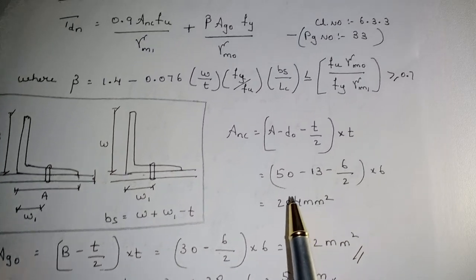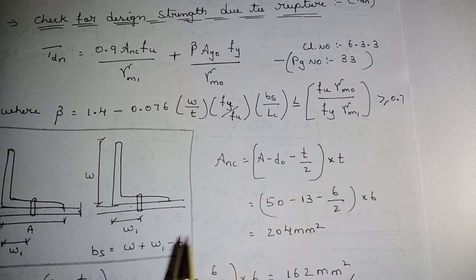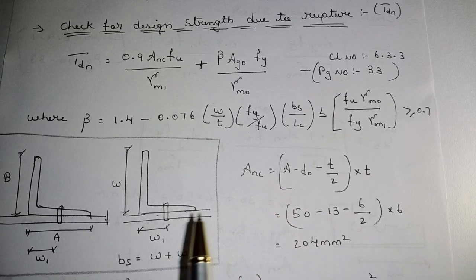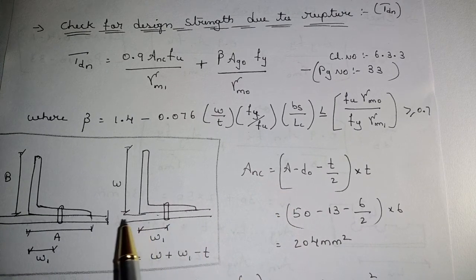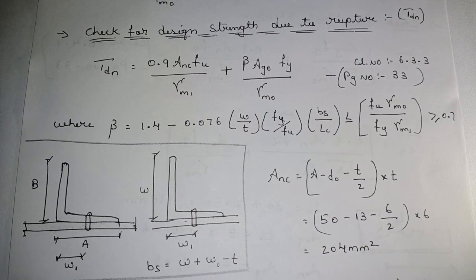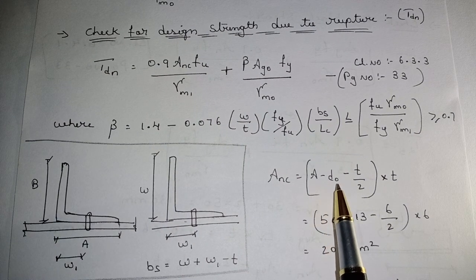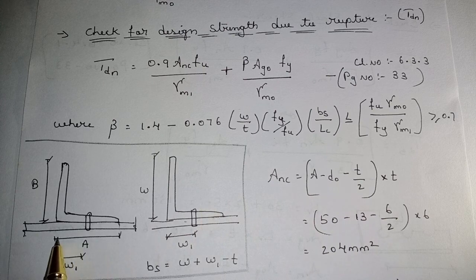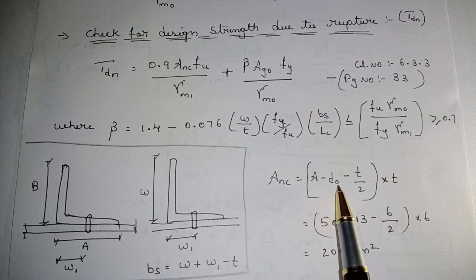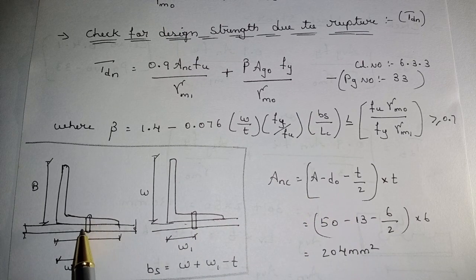So now we'll go to the connecting leg. In the connecting leg, we need to find out net area, not gross area. Net area means you need to minus the bolt holes. Okay, so except bolt holes, you need to find out the area now. So here, in the total A, this is A, the connecting leg A. I have taken this as A, so I have denoted it as A. Minus D naught. D naught is nothing but this one.